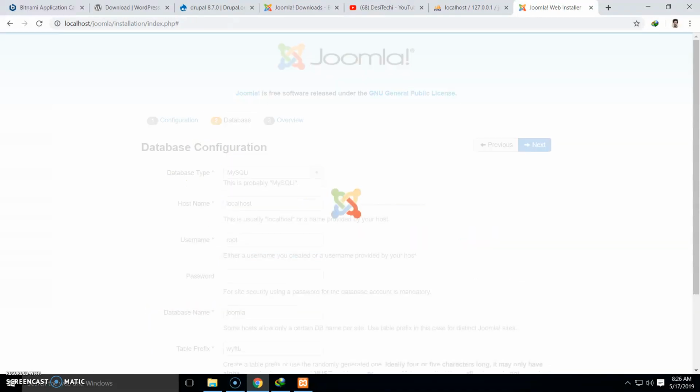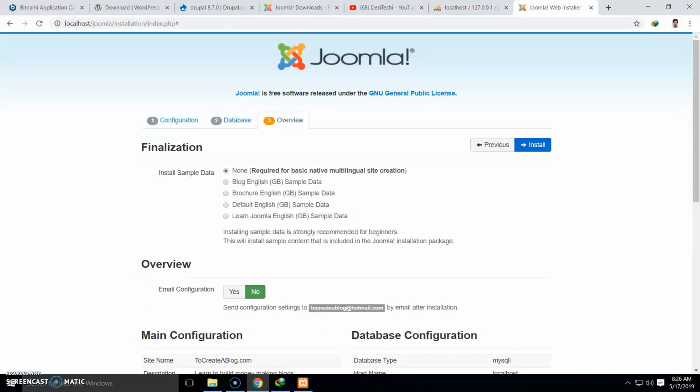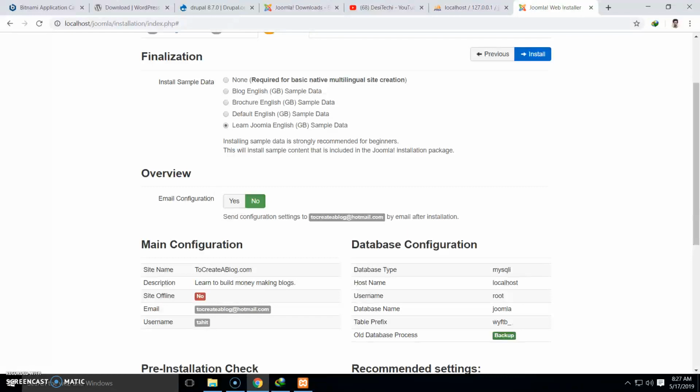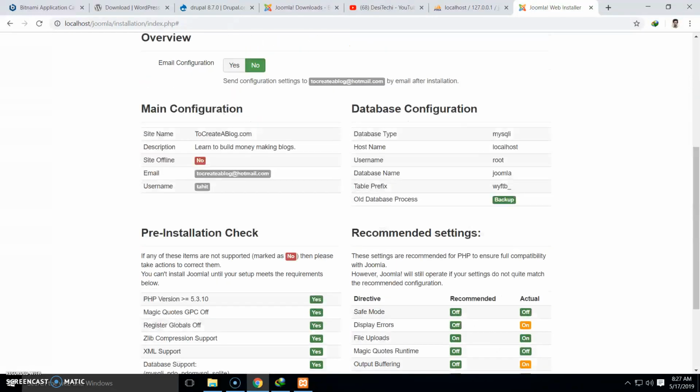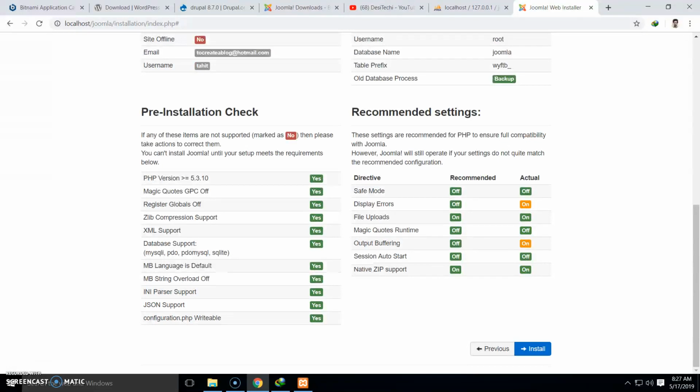Now click next. Now you can see the final step, install sample data. You have multiple options to choose from, and you can choose none, this is default, or you can also choose the blog and some other options. So let's try this one, learn Joomla English with sample data. Now you can also see some more settings for email and other settings, and you can see the pre-installation check. Now click install,